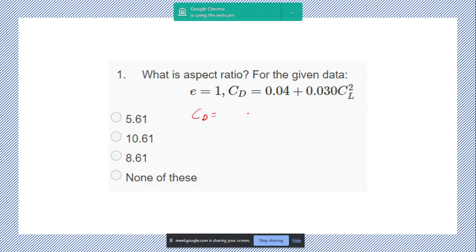CD equal to? The equation for drag polar, not just coefficient of drag. What is drag polar? The relationship between CD and Cl square, CD and Cl, is the drag polar. The relationship between CD and Cl is called the drag polar, which is given to us by this equation in this question. What is the standard form of this equation? CD equal to